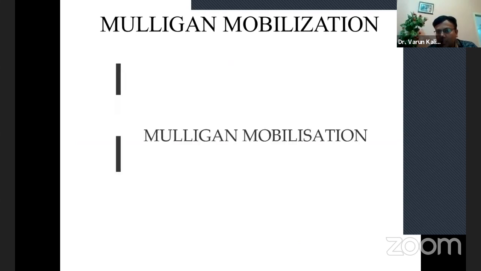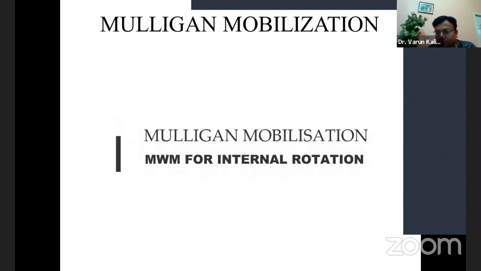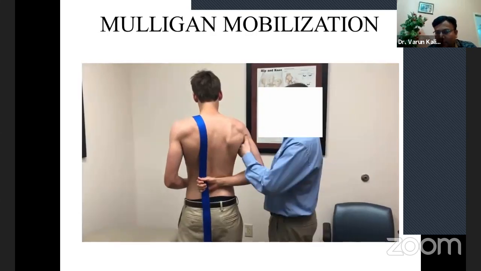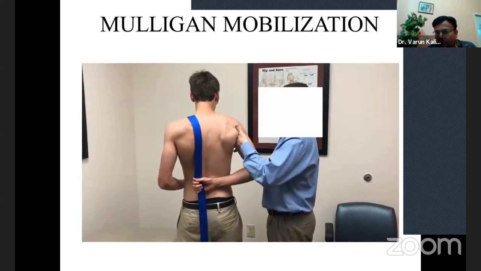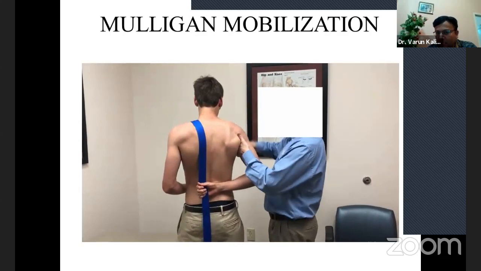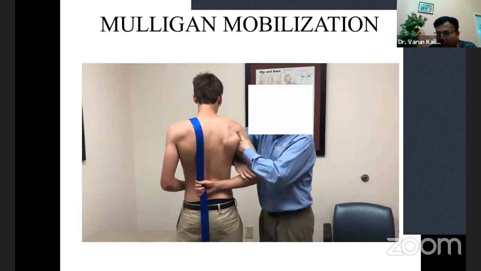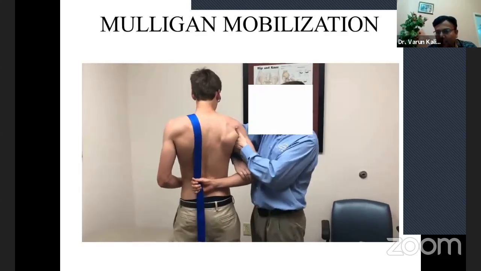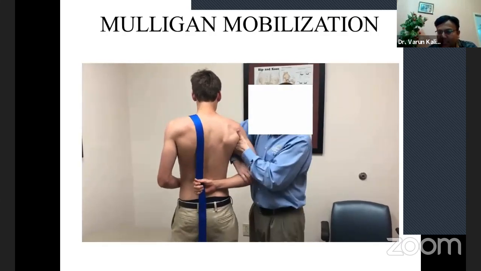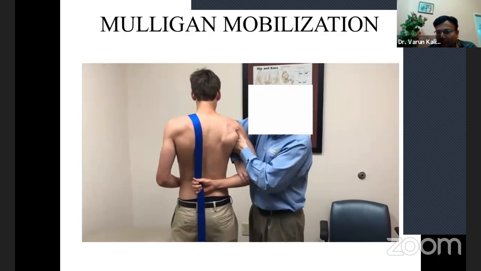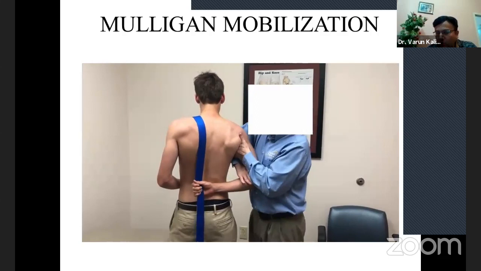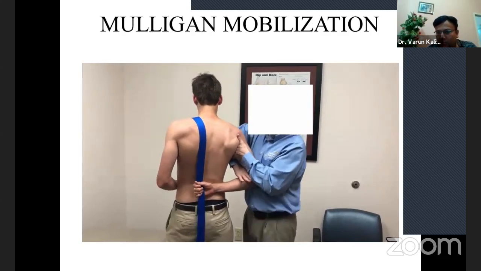Next is the Mulligan mobilization for internal rotation. Here the patient is in standing position and the therapist will use the web spaces of the hand. With one hand web space, he will stabilize the axilla of the patient, and with the second web space he will stabilize the upper end of the forearm, and then he will stabilize the whole upper arm with his chest or trunk. Then he will apply downward and outward distraction at the glenohumeral joint